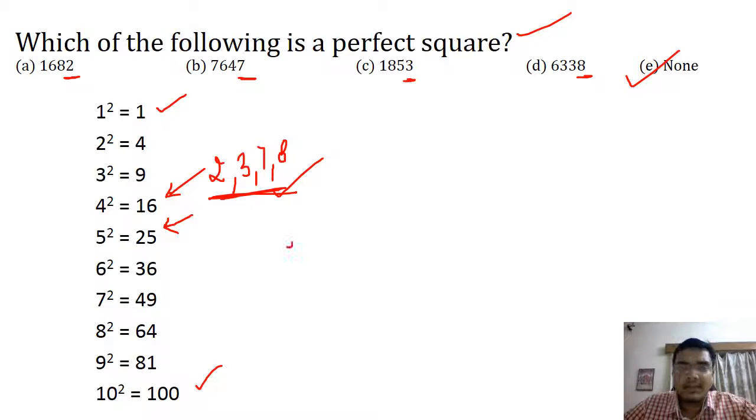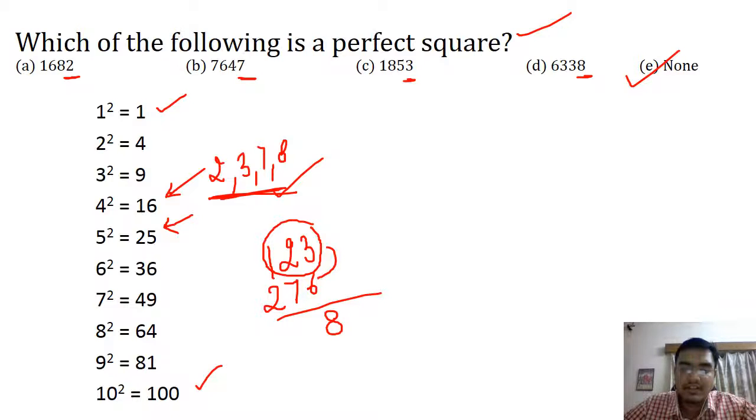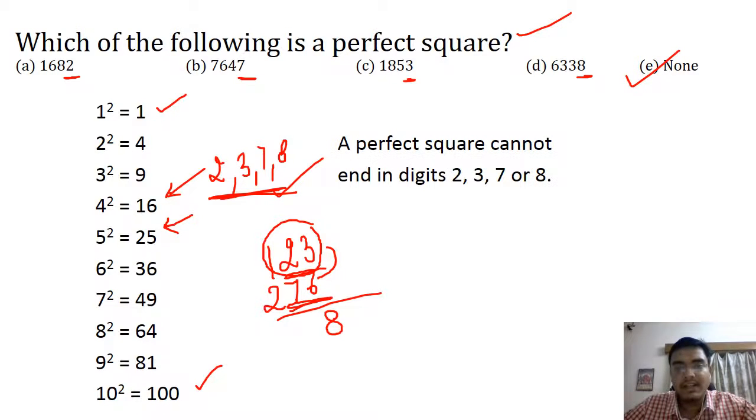Whenever we multiply two numbers, let's say we multiply 23 by 76, what would be the last digit? It would be 6 threes are 18, so we would have the last digit as 8. Similarly, if you talk about the last two digits, say we have 123 multiplied by 276 and we are asked what the last two digits would be. That would be the product of the last two digits of 123 and the last two digits of 276. Similarly, to find the last three digits of any product, we take just the last three digits of those two numbers. Clear? So that is why a perfect square cannot end in the digits 2, 3, 7 or 8. This you have to remember.